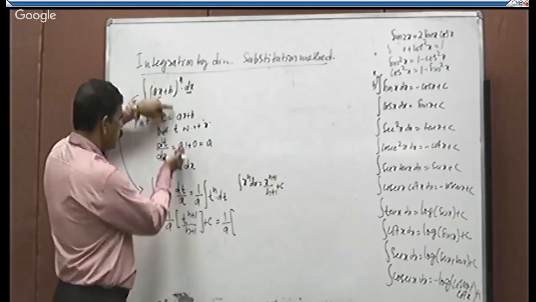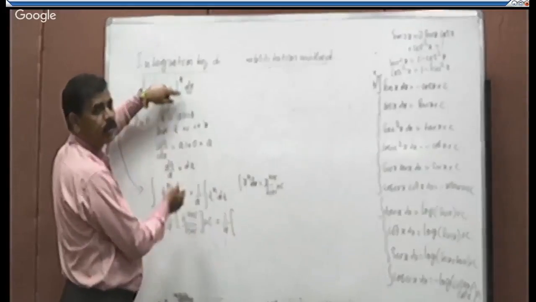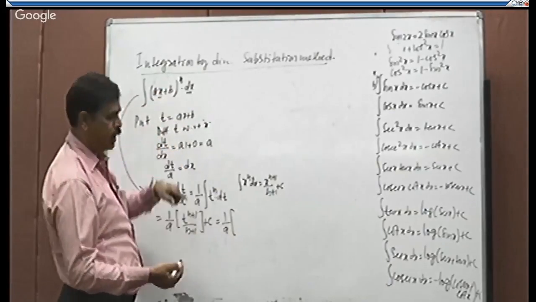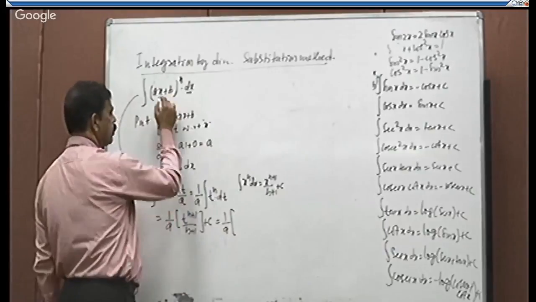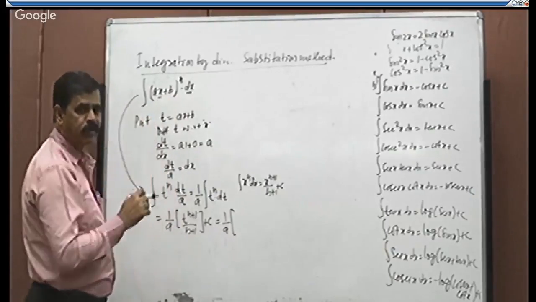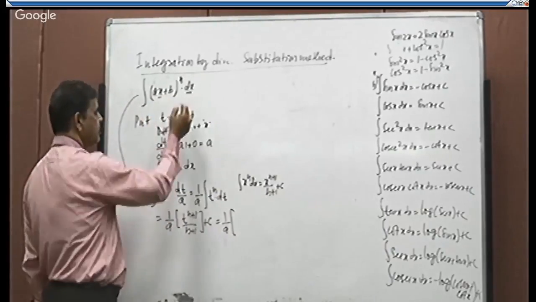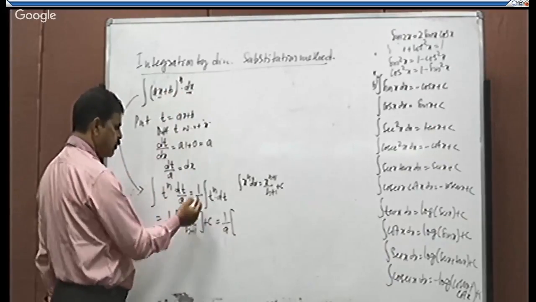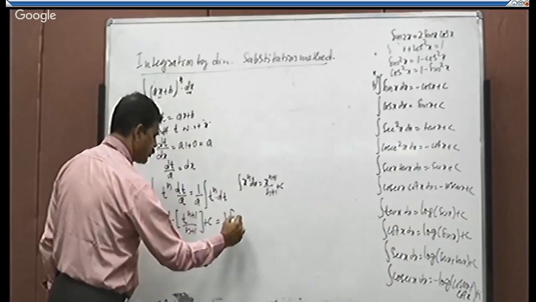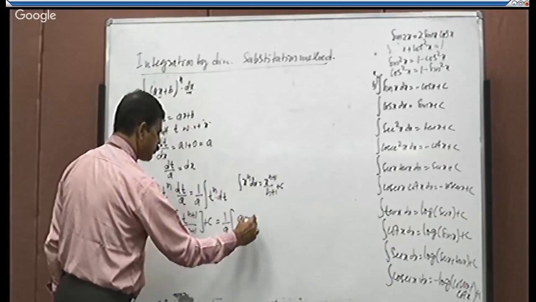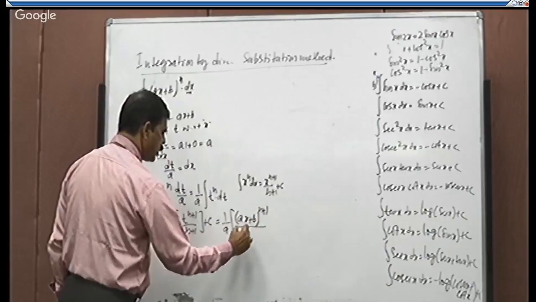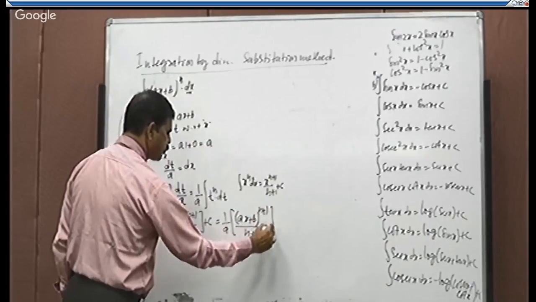So we have only this procedure to make the problem integrable. We have substituted the given function into another variable, and dx is also changed into the required variable. It is substituted, then integrated. What is t? It is ax plus b to the power of n plus 1 divided by n plus 1